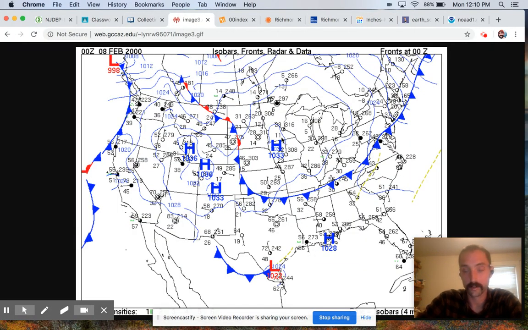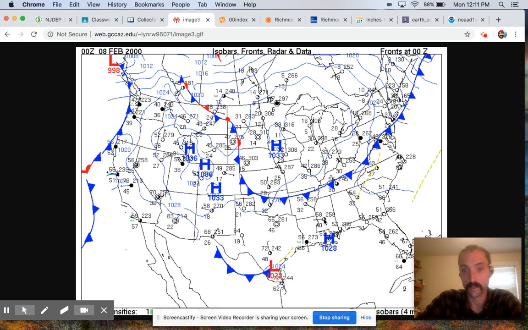This one right here is a generic map, but you can see the same weather front symbols, high and low pressure systems, but also if you look closely at the black numbers, you can see the stick figures in the middle of these numbers. These are called weather station models, and